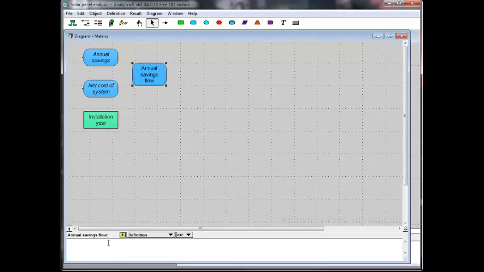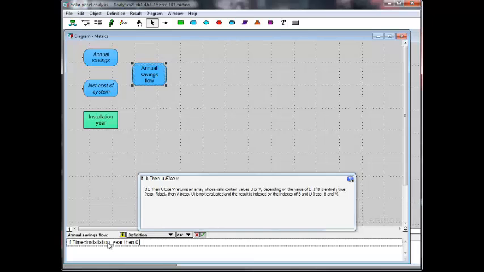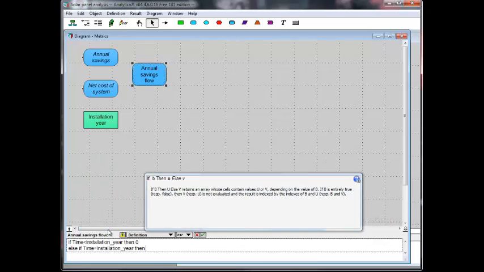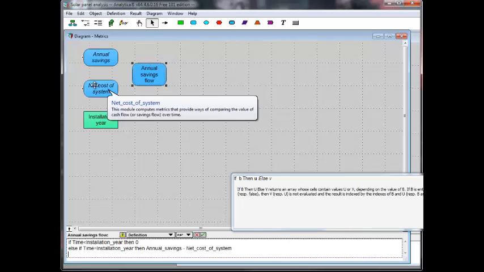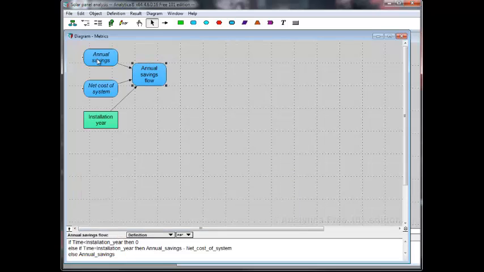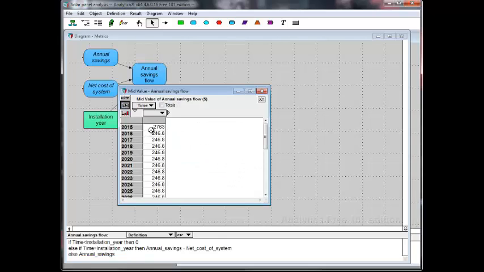Now let's define this savings flow. If we're before the installation year, then there's no savings. If it's the installation year, then we're going to have our outflow as a negative value and the savings for this year. And for years after we've installed it, we're going to have our annual savings. If you look at the result there, go into the numbers, you can see that right now in the first year we have a big negative savings because that's our expense,